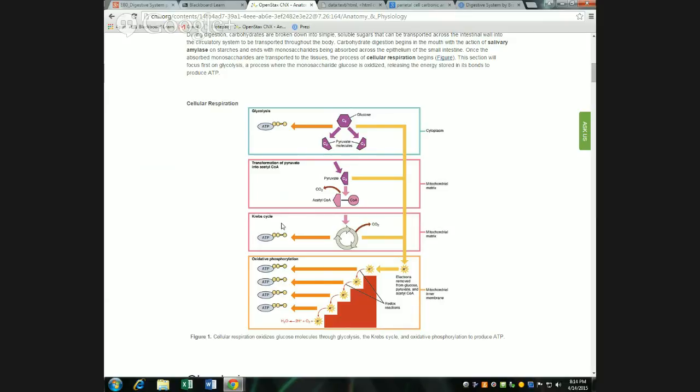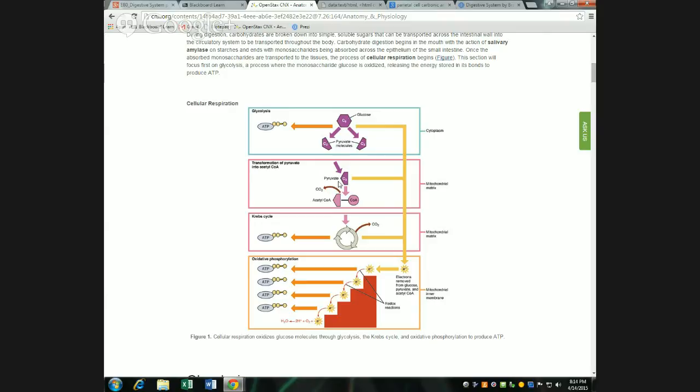Different sources use different names. The 2 carbons that are introduced are combined with a 4-carbon molecule to make a 6-carbon molecule. And one of those carbons is broken off as carbon dioxide. And then that 5-carbon molecule again loses a carbon to carbon dioxide to be a 4-carbon molecule. And that 4-carbon molecule comes around again to pick up 2 more carbons from the next